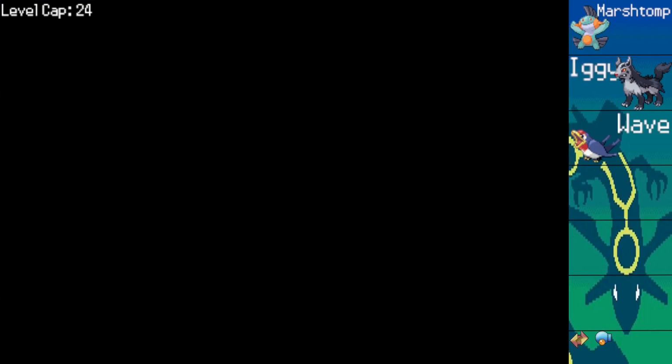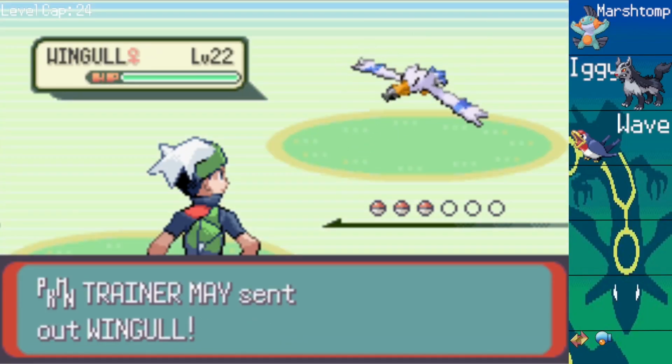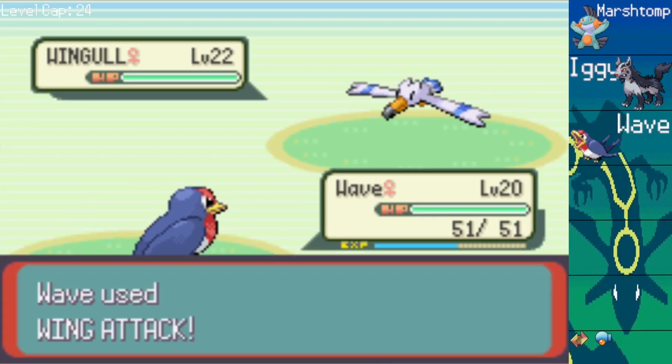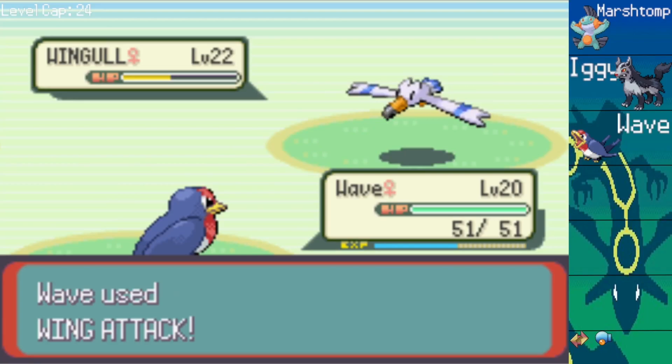Okay, so this time, May will have 3 Pokemon. She will have her Wingull, she will have her Grovyle, because her Trico will have evolved, and she will also have, I think she has either a Numel or a Slugma? I don't remember which it is. 10 out of 10, that missing Supersonic is actually kind of...